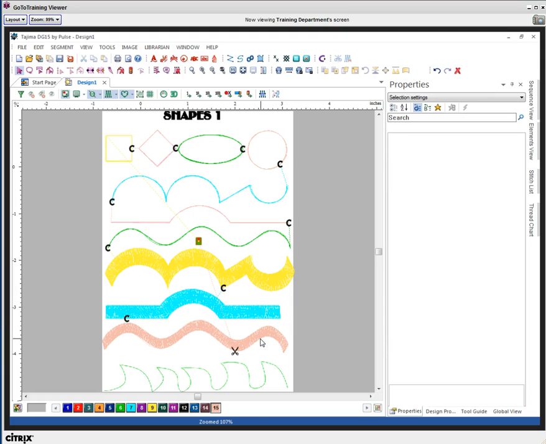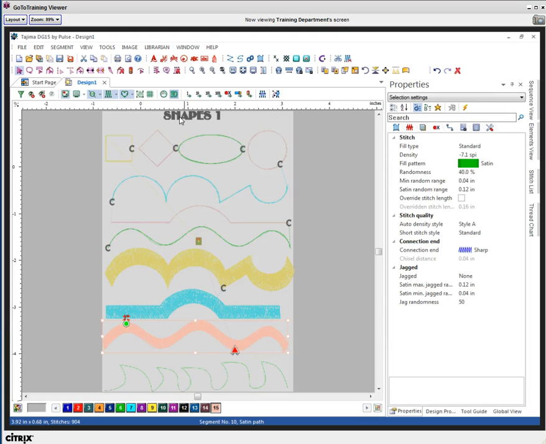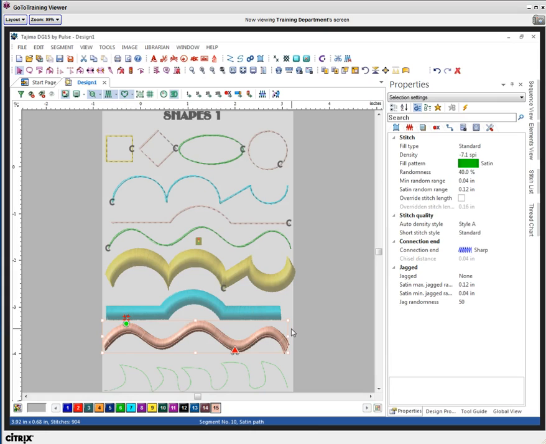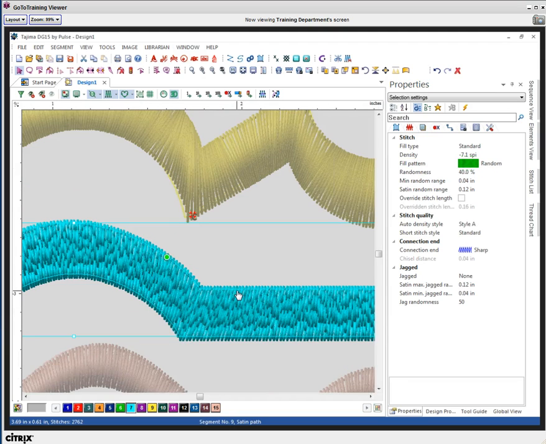Now, as far as the patterns, again, if we put this in 3D, you can see that this is a regular satin pattern with a true satin going on here. With the next one, you're going to see that within the standard pattern selections, you can come in and pick something that is going to be a fill pattern. So again, it still is turning because that is what a satin stitch does, but it's allowing you to apply a fill pattern